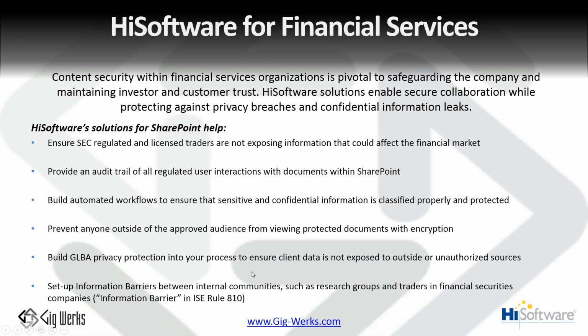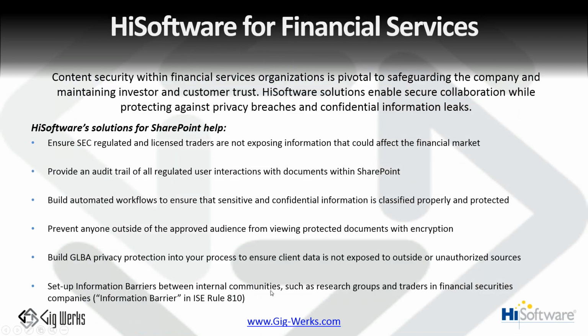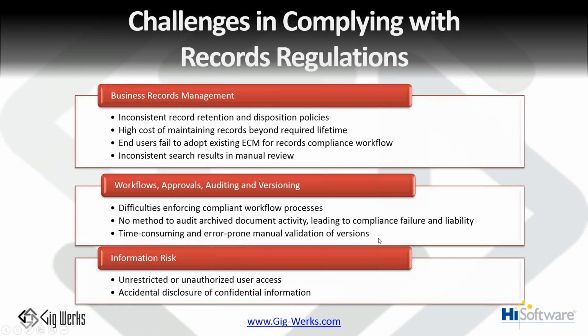GLBA privacy information, and then all these very, very important information barriers like ISE Rule 810. Okay, so